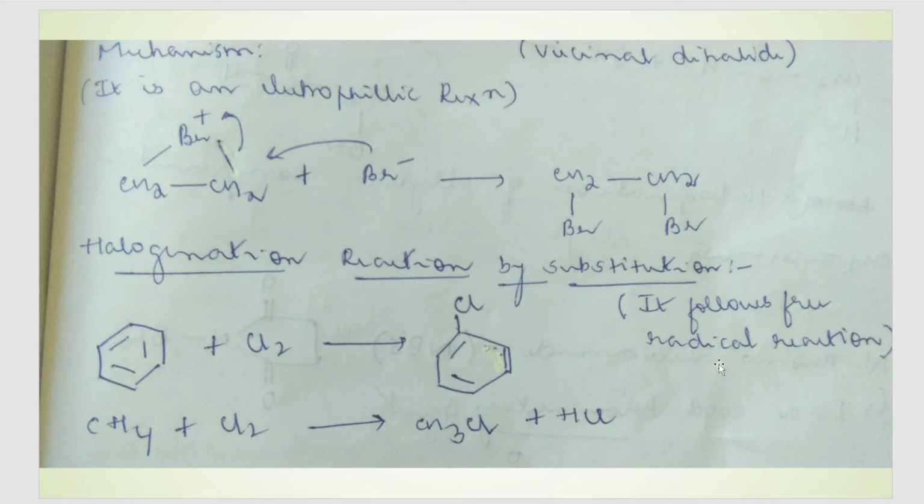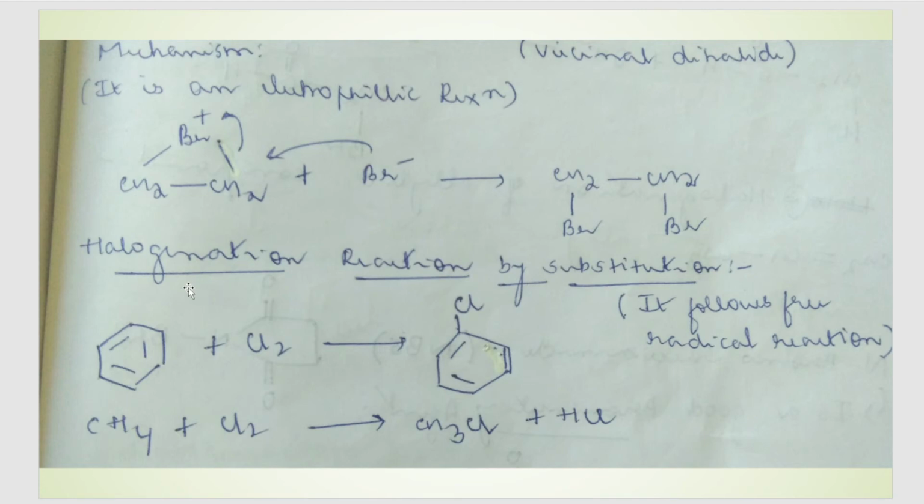These free radicals have odd electrons, correct? They have one extra electron in them. Same way here, this Cl2 will split into Cl dot and Cl dot to give chlorine free radicals. And here in the benzene ring, there is elimination of one of the hydrogens as H dot. So here the carbon will be left with one more dot.